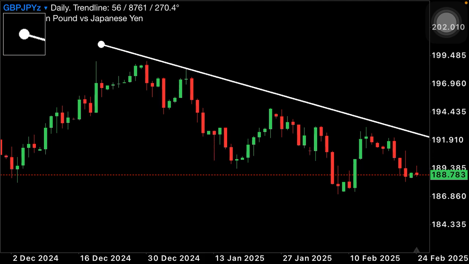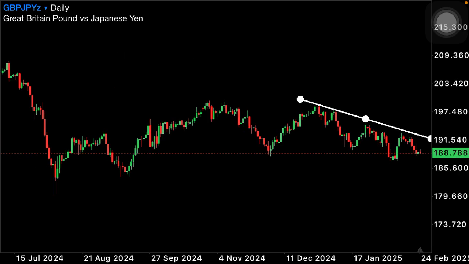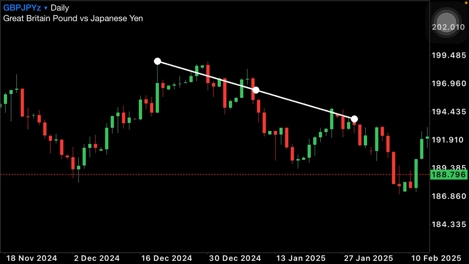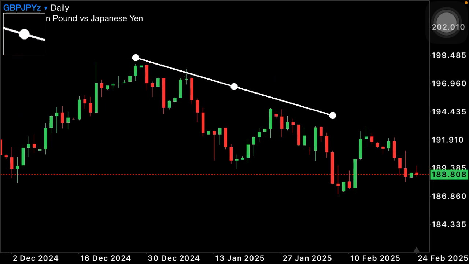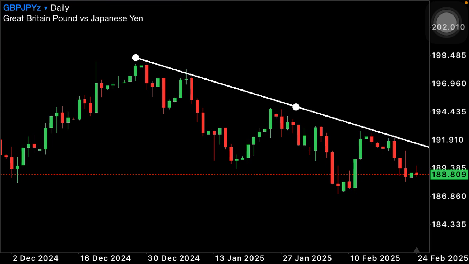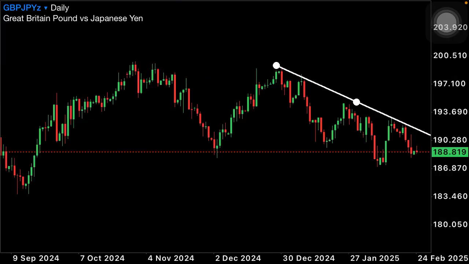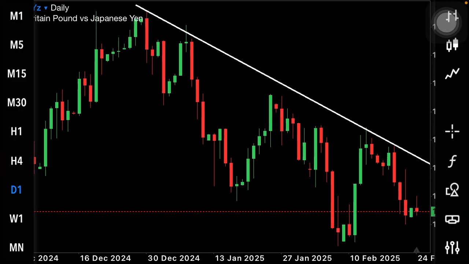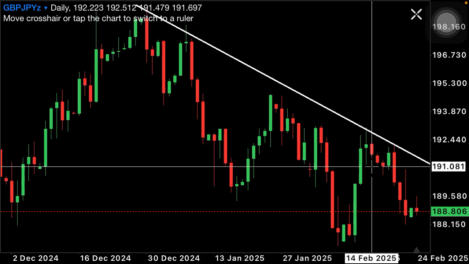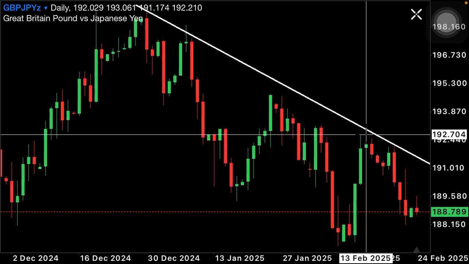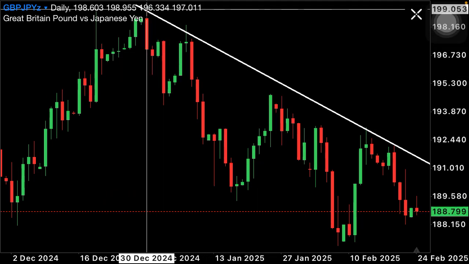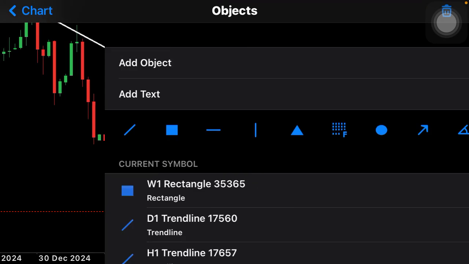So this trend line must touch a minimum of 2 wicks. So now you can tell the trend line is touching minimum of 2 wicks. Touch this, tap this, and also this. If I don't want this in my 4 hours, I can go to this point here,